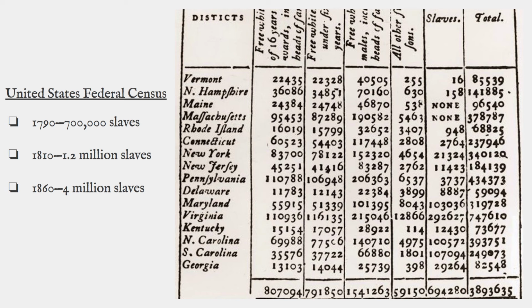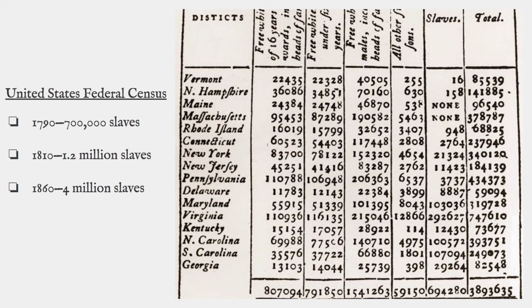In the first census, in 1790, there were roughly 700,000 slaves. And then about 20 years later, in 1808, the slave trade is abolished, which was allowed to exist under the Constitution. If you look at the Constitution, and this is still in the Constitution, it allows for the slave trade. It does not call it the slave trade, right? It's the importation of such persons, bringing in certain people, slaves, and it's allowed to exist for 20 years from the time of ratification.